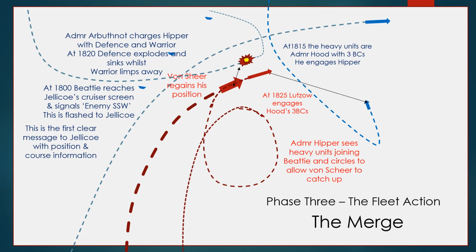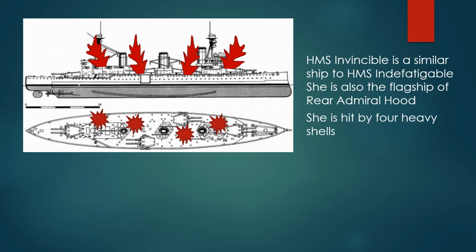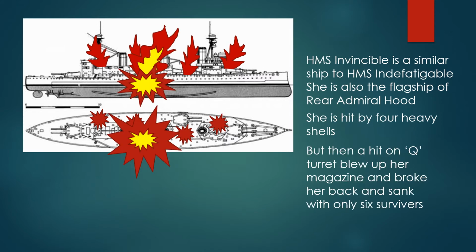At 1825, Lutzow engages Hood's 3 battle cruisers, and Invincible almost immediately explodes. HMS Invincible is a similar ship to HMS Indefatigable, and she is also the flagship of Rear Admiral Hood. She is hit by 4 heavy shells, but then a hit on Q turret blows up her magazine and breaks her back, and she sinks with only 6 survivors,